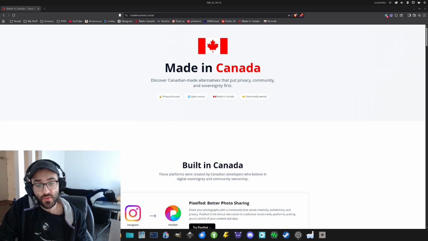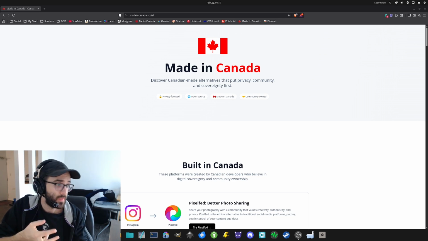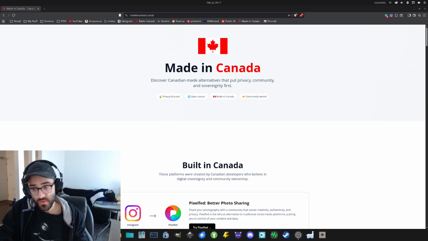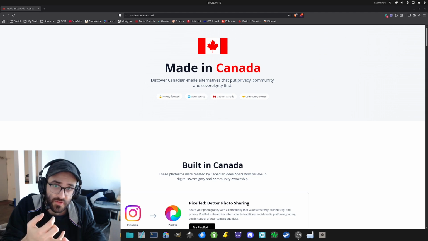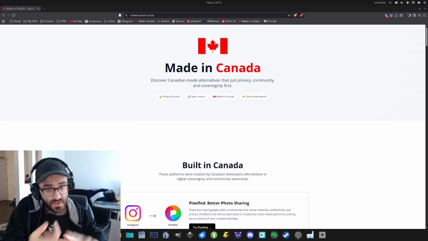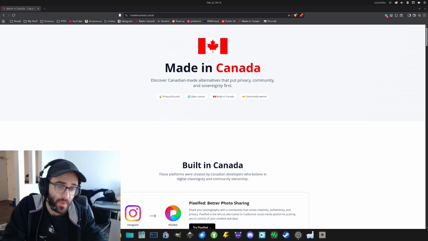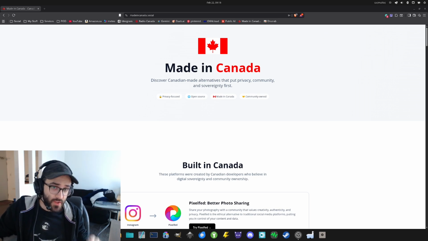And the goal is to obviously ditch any big tech companies that are coming from the States. So, for example, Microsoft, Google, Facebook, and recently there's also Discord. It's any American app that might not respect your privacy. And so that's going to include social media, cloud storage, and productivity apps, emails, chatting apps, and maybe more depending on what you need.